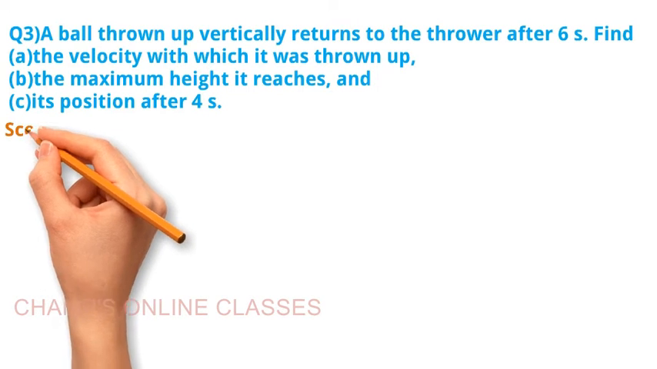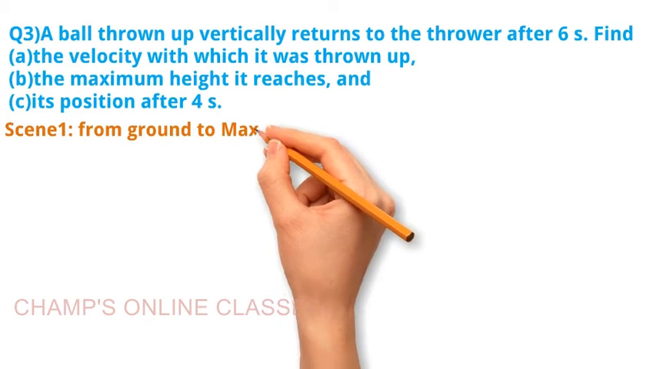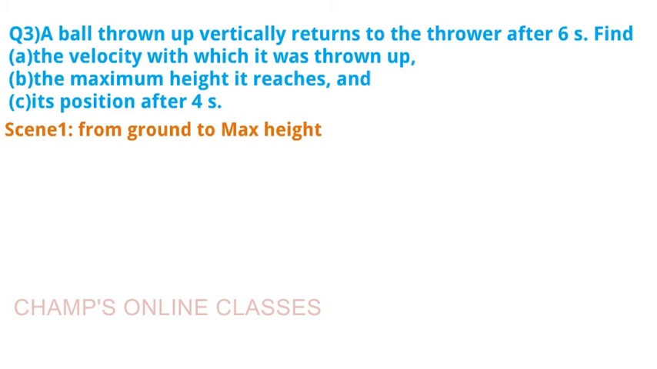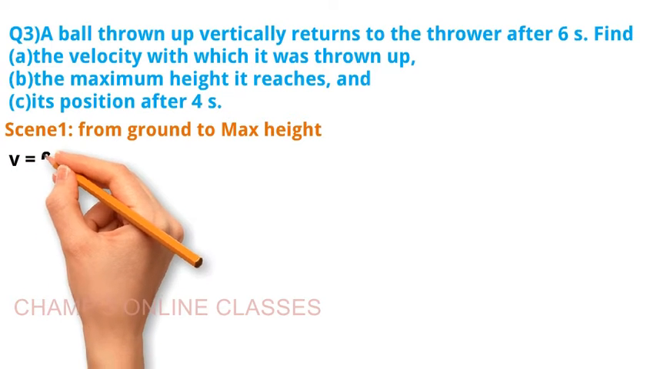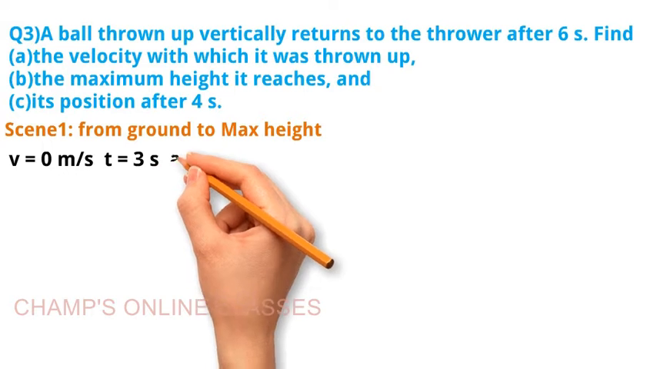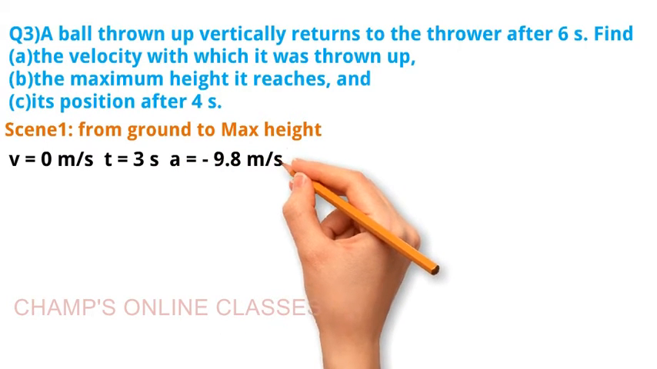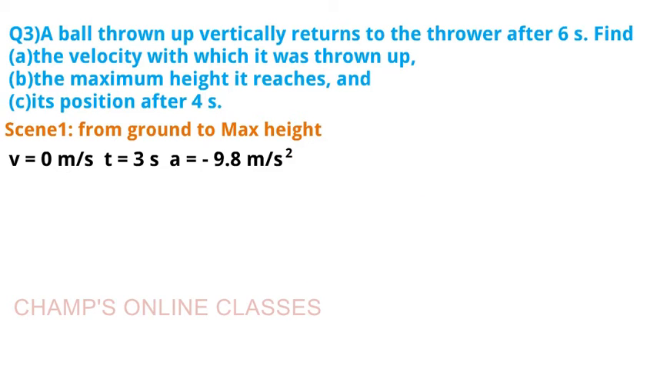Now the first part, that is scene 1, will be the motion of the ball from the ground to the maximum height. Now again you should know that at the highest point the velocity of the ball will become 0. That is, the final velocity in scene 1 will be 0 meters per second, time will be 3 seconds, and acceleration will be minus 9.8 meters per second square,